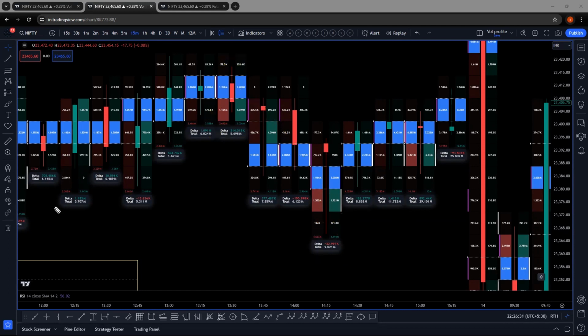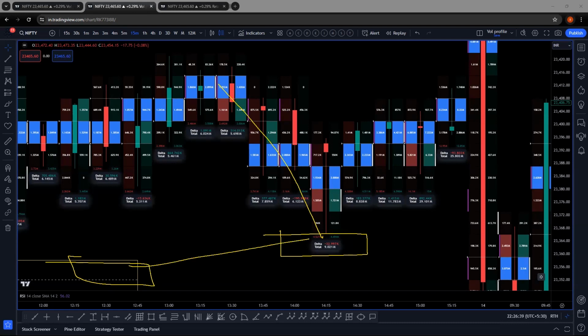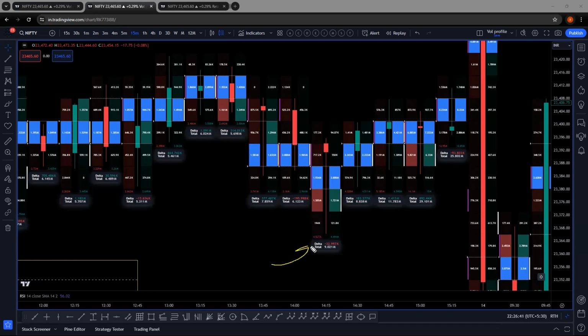So what does the smart money do? Smart money are buyers here already. They bring the market close to their buying level and enter into longs. So it created a doji type reversal, but this reversal candle has a little bit of net sellers. So the retail gets trapped again here. After that, the market closes in a sideways mode, but there is net buying pressure, and the market gaps up the next day.